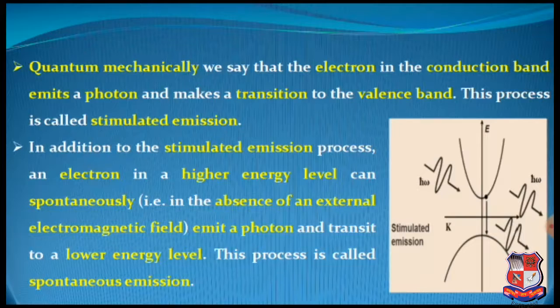So, when an electron loses some amount of energy and travels from the conduction to the valence band, that process is known as emission, because here the energy is emitted. In addition to the stimulated emission process, remember this is very important, an electron in a higher energy level can spontaneously, that is, in the absence of an external electromagnetic field,